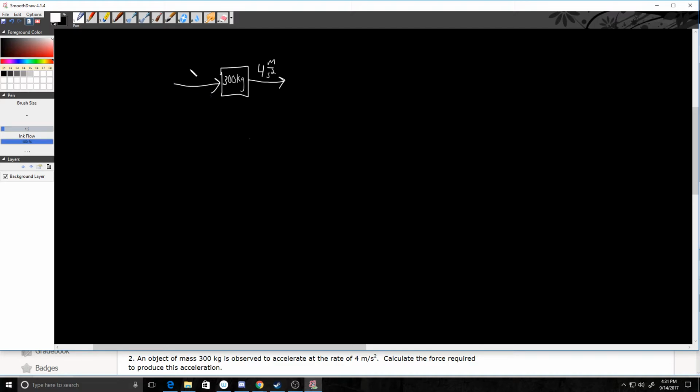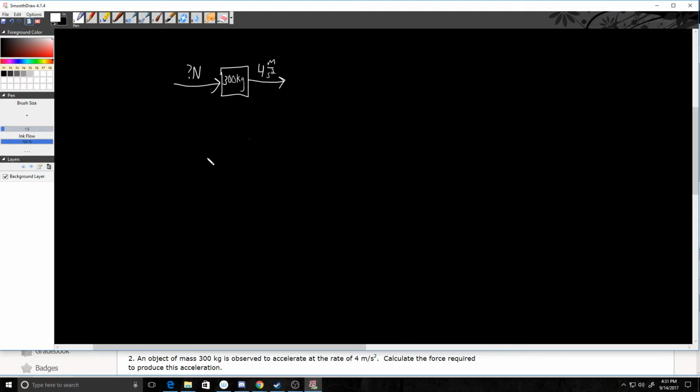They're asking what force is acting on it. So one of the big things here is Newton's laws. Newton had 3 laws of motion. The first law of motion stated that the net